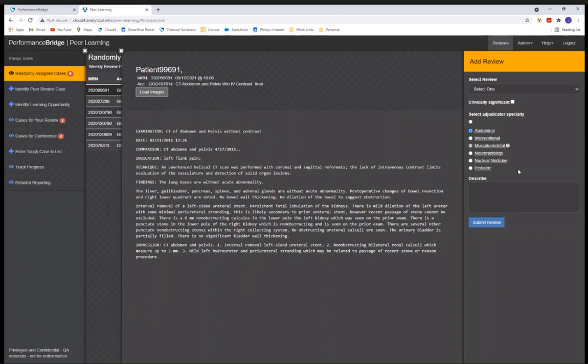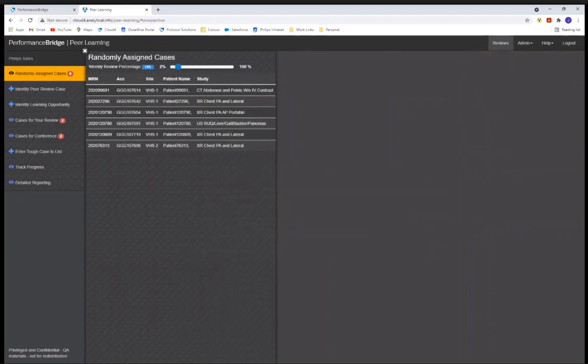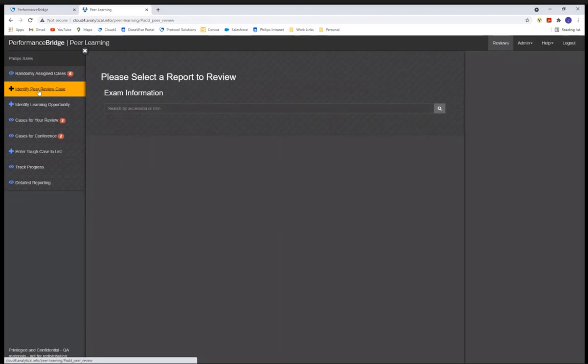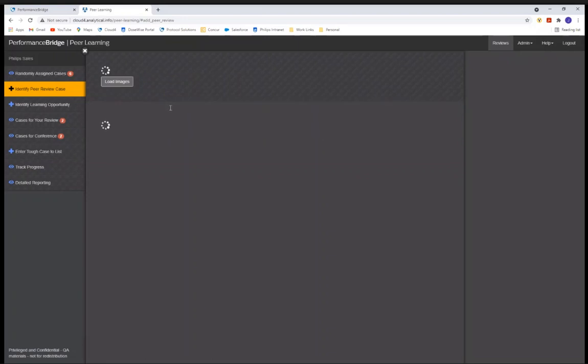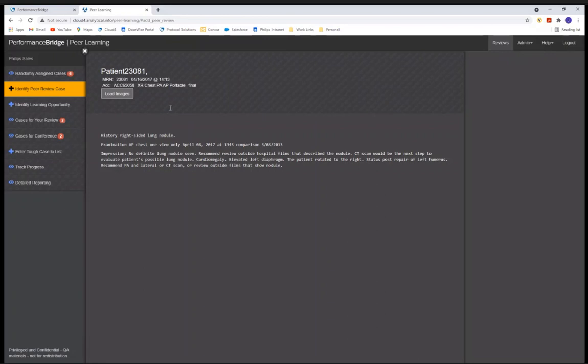But in terms of just the standard radiologist review process, they see the images, they see the report, they make the decision, submit it, and they're done. One of the differences, I should say, between this application, Peer Learning, and the peer review that's available in ViewPacks is that we also have an ad hoc capability. So instead of just looking at exams that have been assigned to me to read, I can also launch peer learning during the course of my normal reading, if you will,